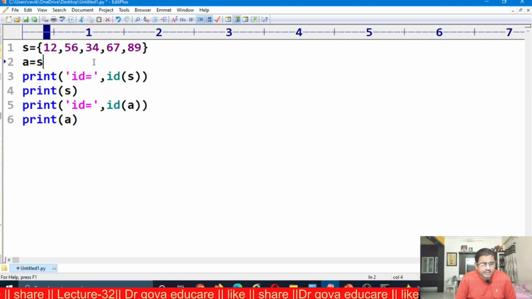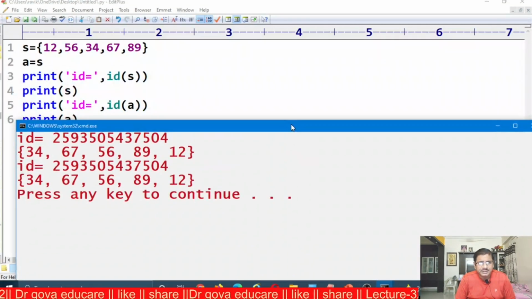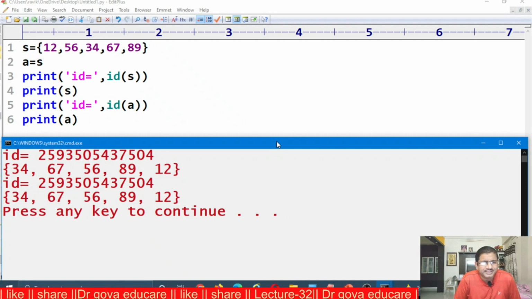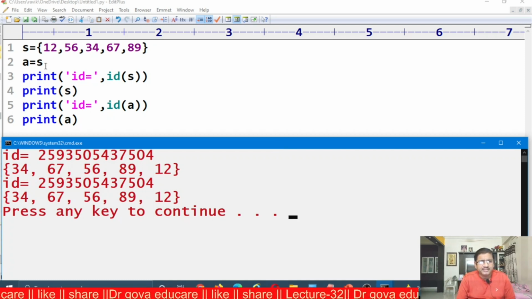Suppose I am trying a = s. Now I am assigning a = s. It is also one type of copying. In this copying, the address is the same: the id of a and the id of s are the same.